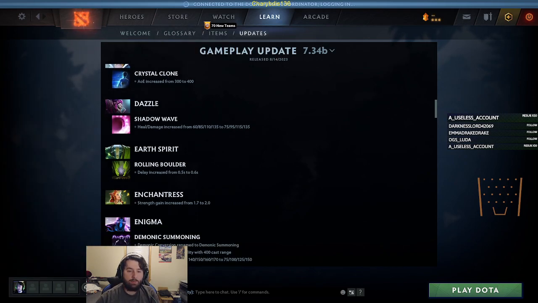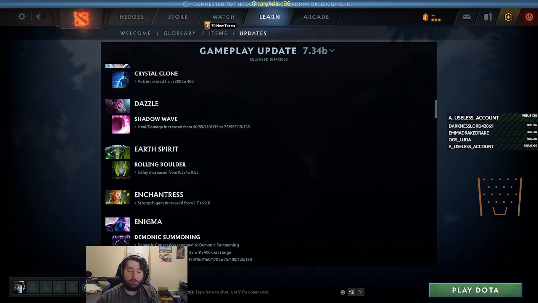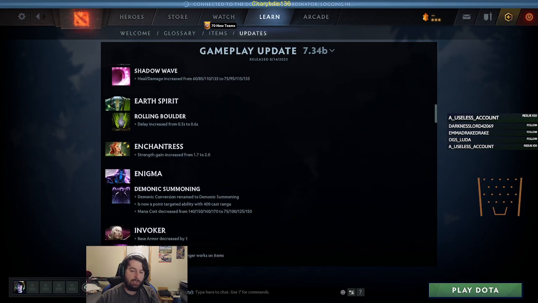Dazzle Shadow Wave got a buff at the earlier levels for the heal and damage. Honestly, it's not the ability that aggravates me about Dazzle. It's Poison Touch, so I don't really care terribly. I mean, it is shitty to have the heal and damage nuke go up early, but it doesn't change late, and that's really where it matters, so